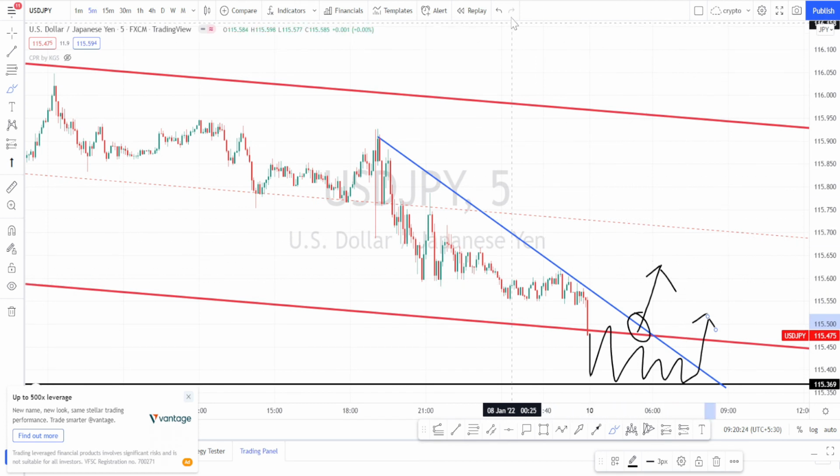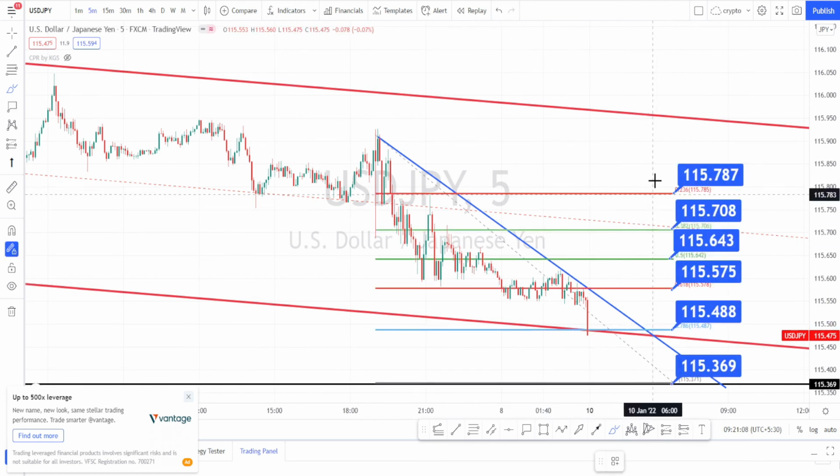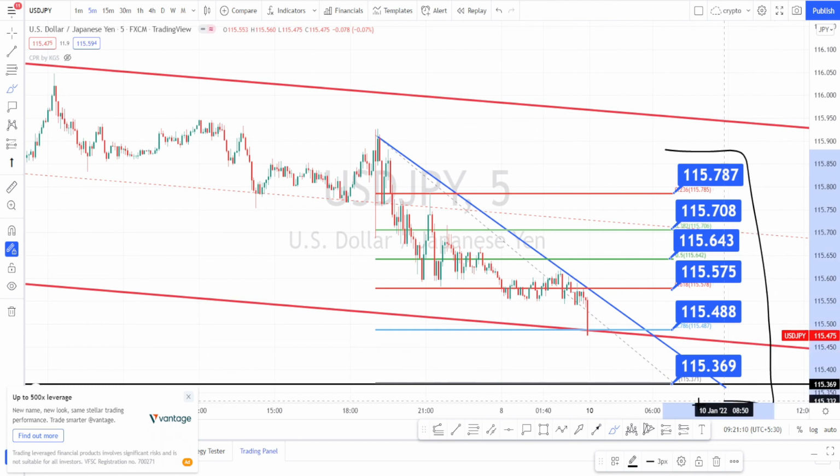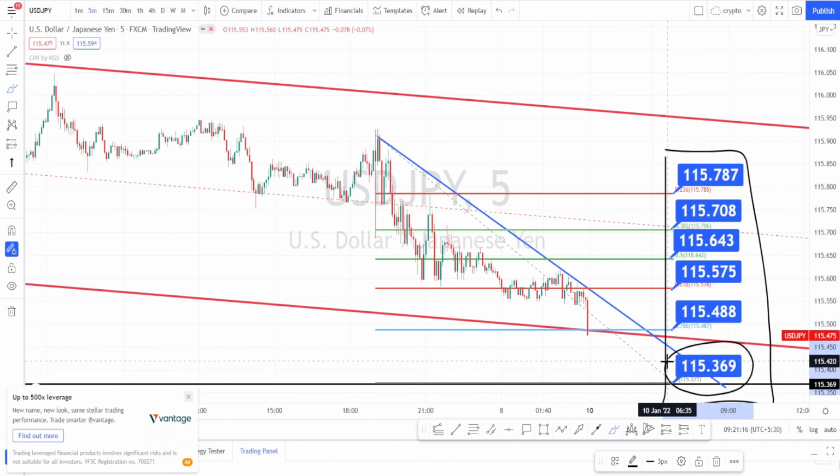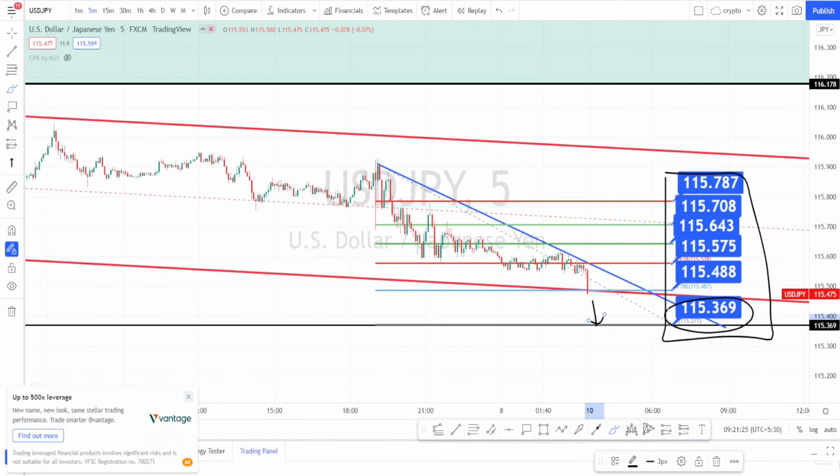Let us mark the support and resistance levels. So these are all the support and resistance levels in 5 minutes time frame, and I am expecting a trend reversal at this level over here. If the price action breaches this level, we can expect a bearish trend reversal, which means you can go on a bearish side trades. You can get the levels on the bearish side from the higher time frame. So use those levels for entry and exit on the bearish side trades.